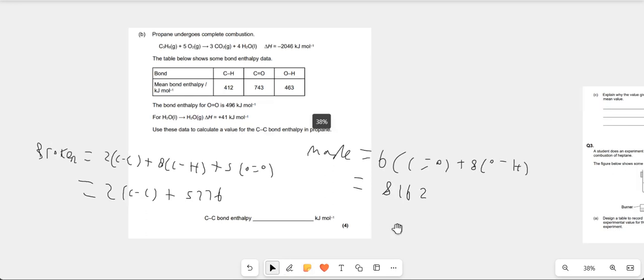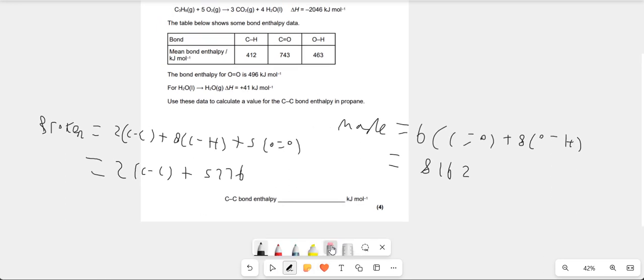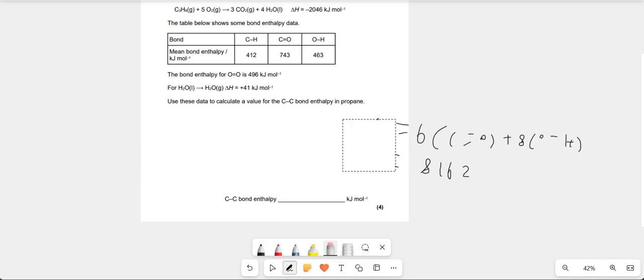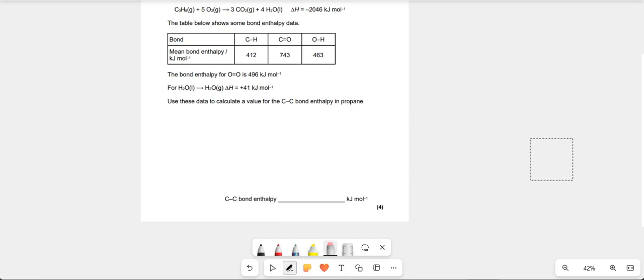Now make sure you write this down, because I'm going to clear the screen. So we've got bonds broken is that, bonds made is that. Now what I need to do is bonds broken minus bonds made, so left minus right hand side would give me that total. So I can say 5776 plus 2CC minus 8162. And then also the enthalpy change from liquid H2O to gas H2O is 41 kilojoule per